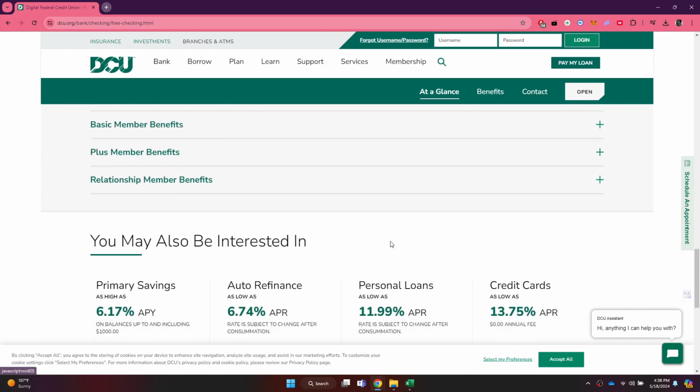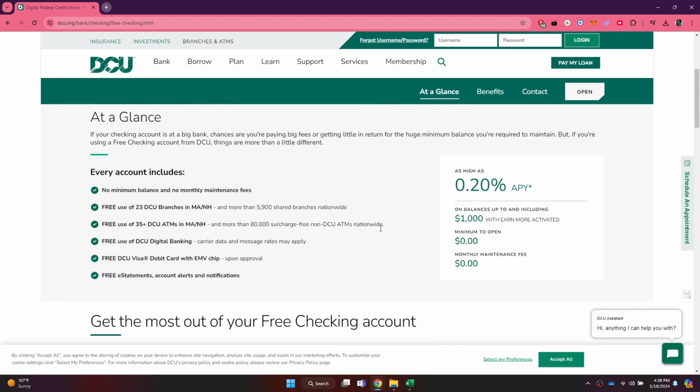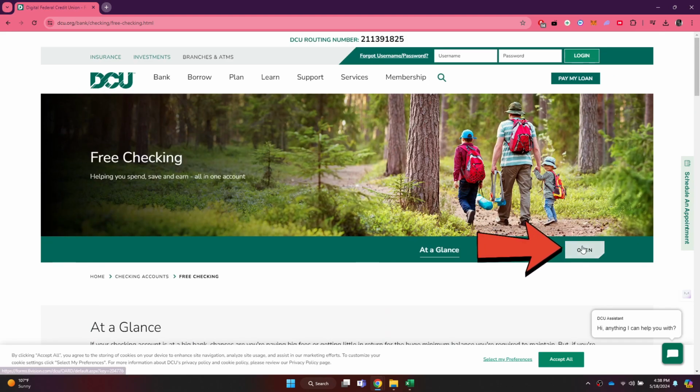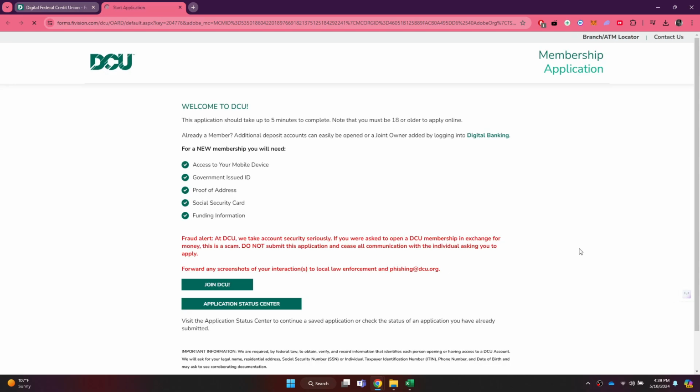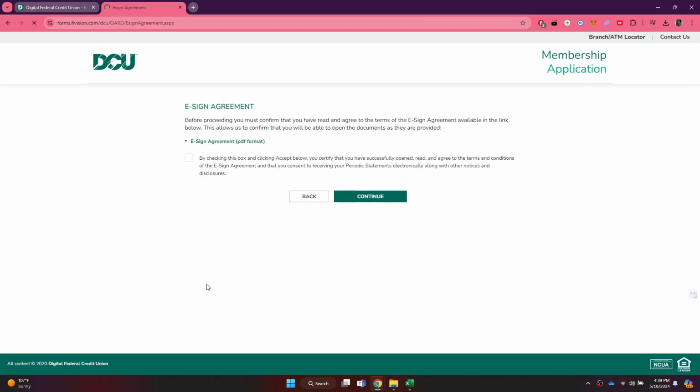Once you are done with all of that, scroll to the top of the page and click on this open button to start the process. Here, a welcome message will be displayed, but you need to click on the Join DCU button to proceed to the next step. After that, you will be prompted to open this PDF on your browser and read it thoroughly